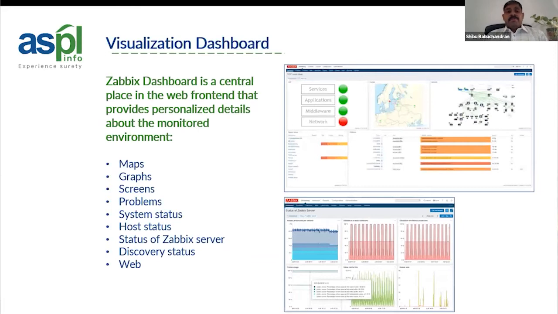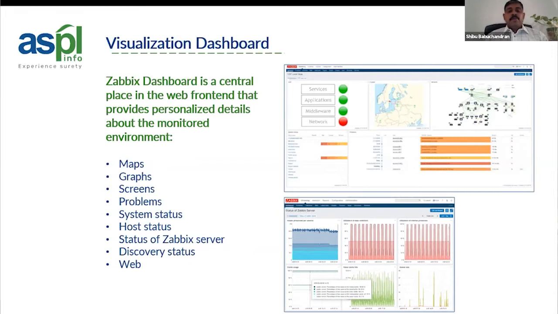Now, do we have a visual dashboard? Normally, whenever we talk about a freeware tool in the market, we say, no, it's a command line dashboard. It doesn't give you visualization. So why should we use a freeware tool? Zabbix is something totally different. Zabbix has a beautiful dashboard. The dashboards can be segregated or divided, or put up in such a way that you can have multiple maps created for the entire organization landscape.